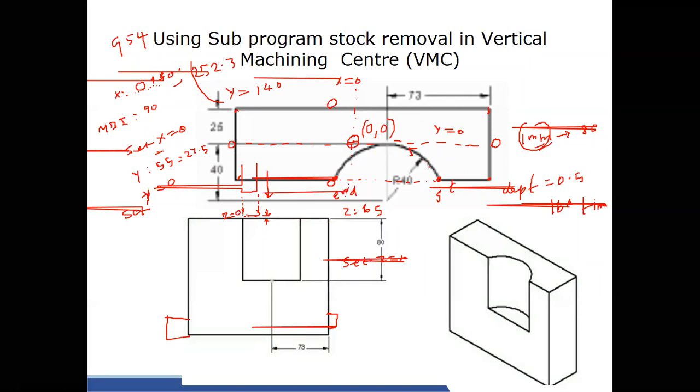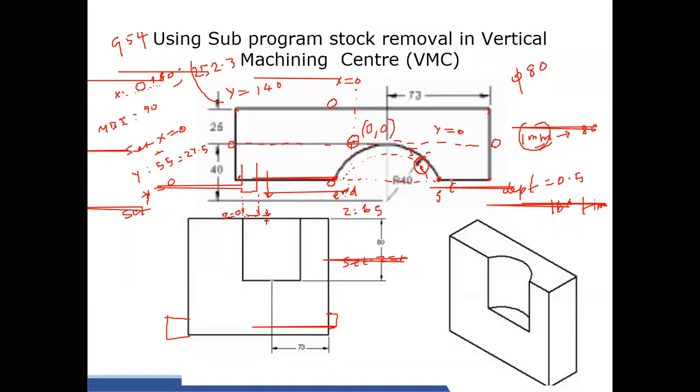Okay. In this case, I have to give cutter compensation also. This shows the center point of the tool. Let us assume I am using an 80 diameter cutter. If the 80 diameter cutter is falling here, the dimension will be increasing, so I have to use left compensation. The dotted line I am now drawing will be the path of the center point of the cutter. My cutter will be like this. This will be the center point of the cutter, so that I can have the exact dimension.